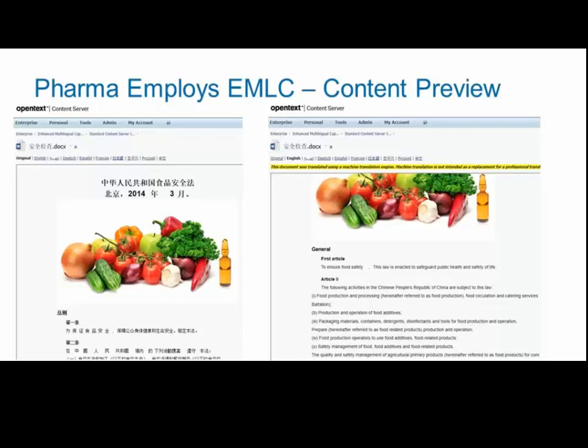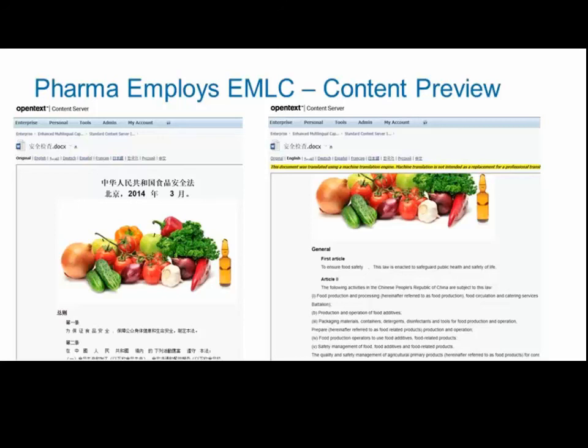So we've implemented this content previewer, a translation approach on the fly, where you can translate it to any language defined in your system. In this case, we've translated it to English. And then I can take a look, and I can see, okay, this is a food safety law. It's not actually relevant to what I'm doing, or yes, this is exactly what I'm looking for.